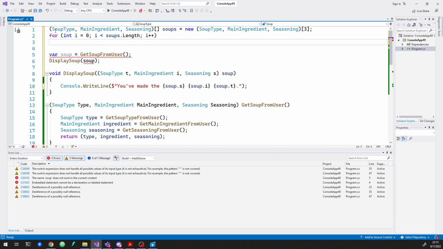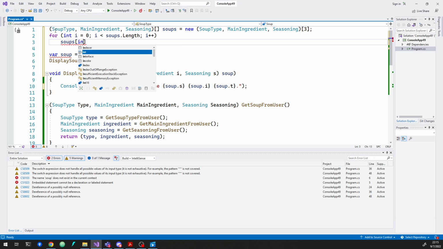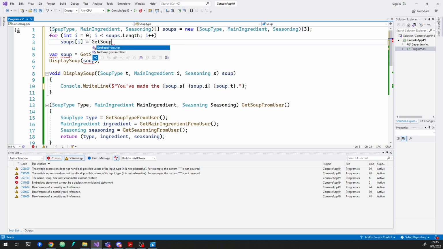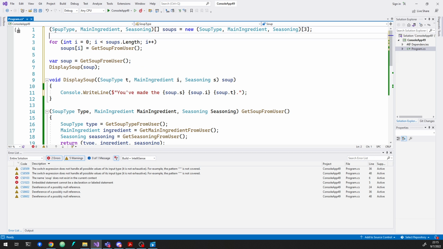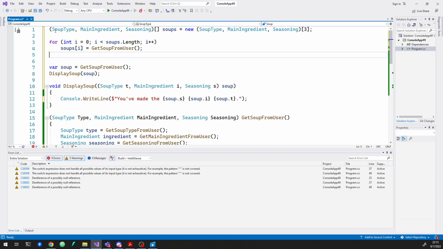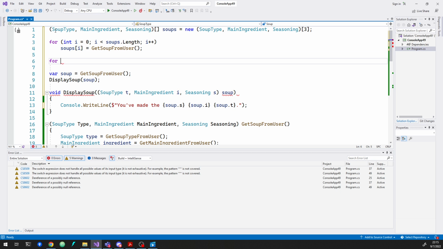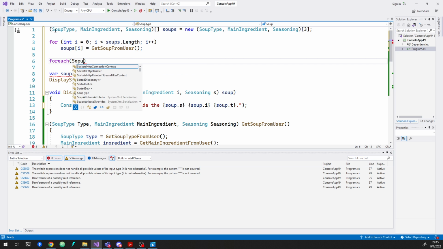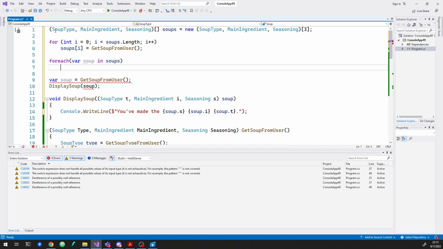But all right, if we want three soups, then what we'll do here is we'll say for. Hey, yeah, it suggested the right thing for all of that. Soups at the current index equals get soup from user, right? So we just loop through. We've got three of these, so it'll be 3 times, and we get a soup from them each time. And then once we're all done with that, and actually, at this point, you can just say foreach var soup in soups,